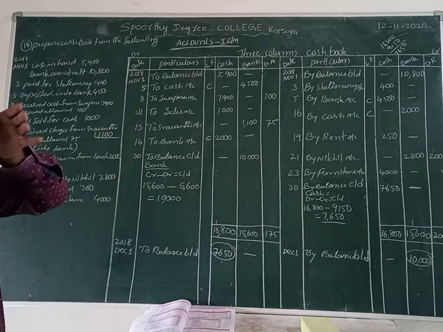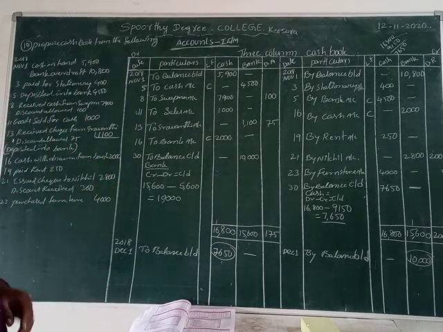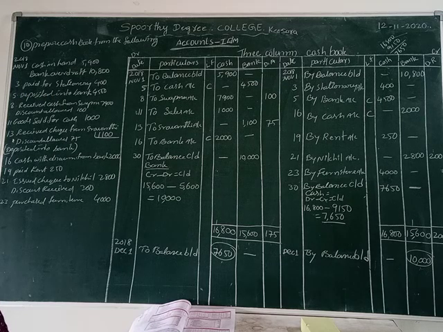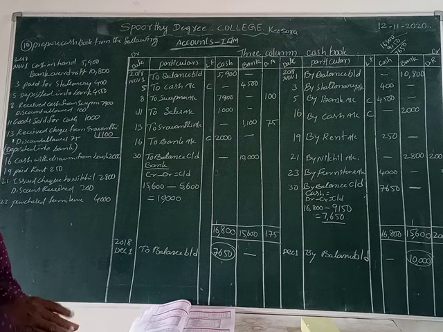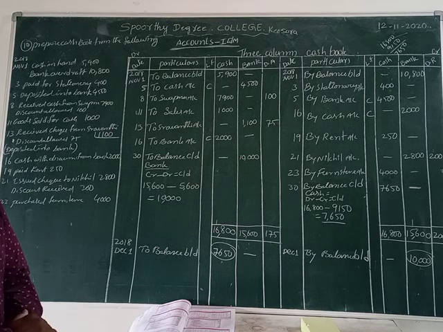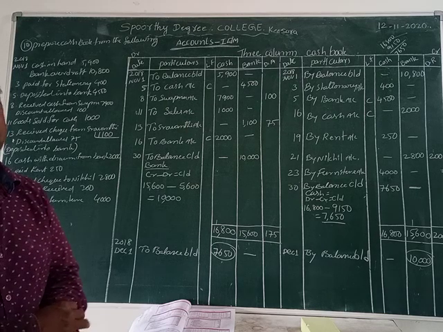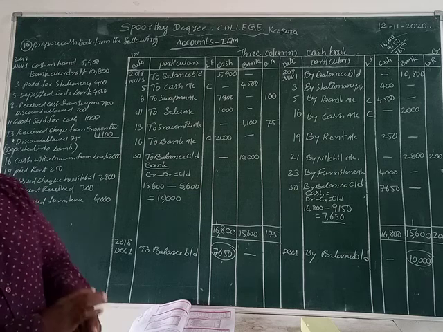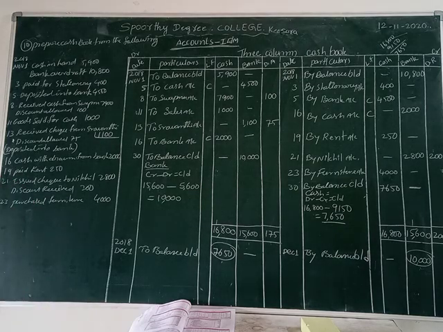Okay, so this time, deposit and withdraw also we can use that 2,800, we can use that amount of money. So the total amount goes out and the remaining balance is how much we can pay into the bank amount: 10,000 rupees we can pay the bank. Okay, so this is the 3-column cash book.